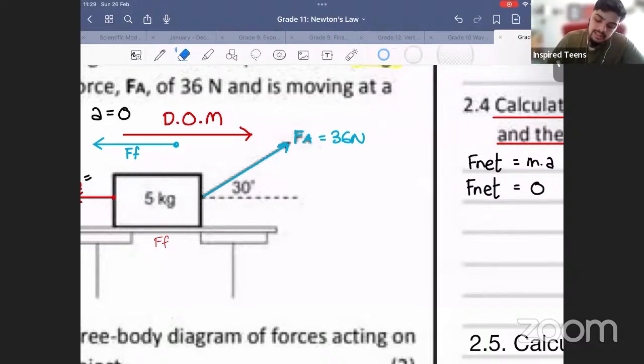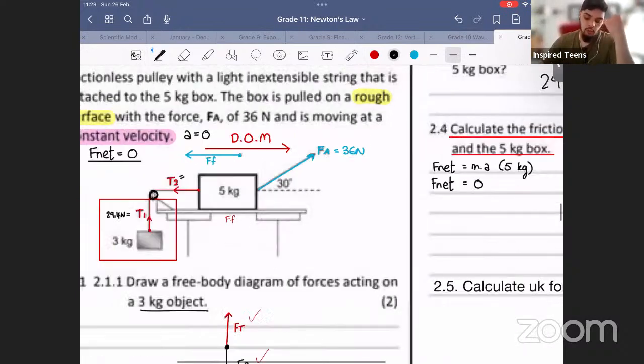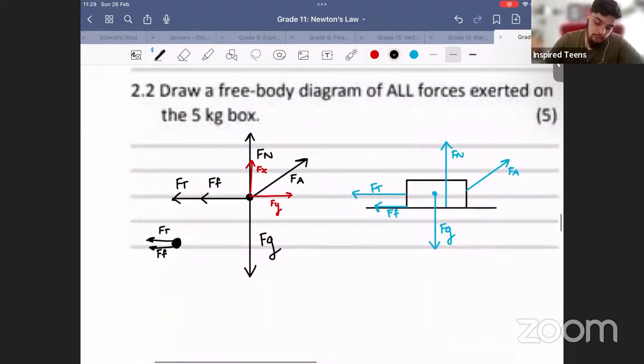Now, what that means is that the applied force itself is not in the direction of motion. The direction of motion is right. The applied force is up and right. Those are clearly not the same directions. That is why now, whenever I'm going to copy this,